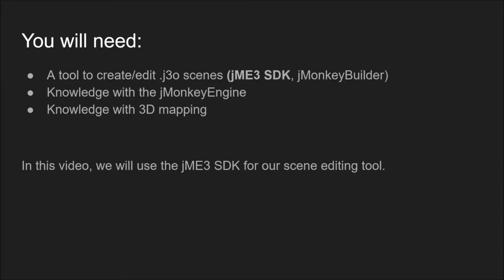In order to create maps for Simulation 197, you're going to need a tool to create and edit J3O scenes, such as the JMonkey SDK or JMonkey Builder. You'll also need some knowledge of the JMonkey engine and 3D mapping. In this video, we're going to be using the JMonkey SDK because I'm much more familiar with that,